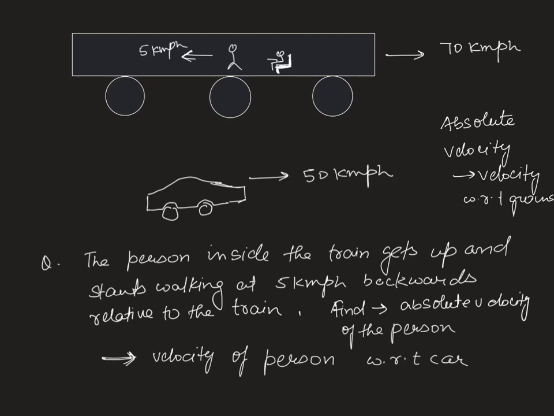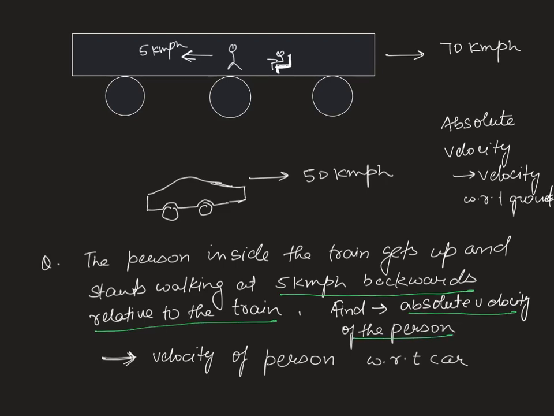That is something that we are always going to follow in the kinematics thing. So this 5 kmph velocity is not absolute velocity, as you might see that it says 5 kmph backwards relative to the train, and it is asking you the absolute velocity